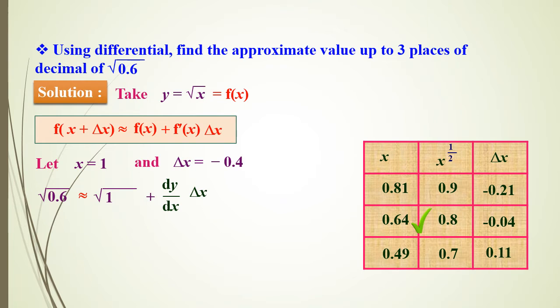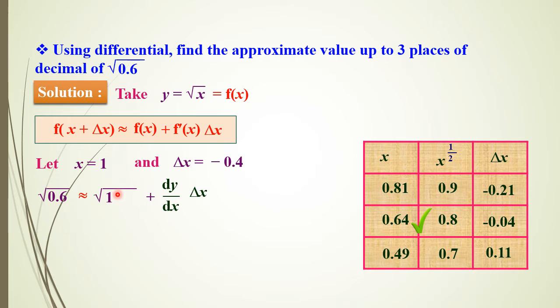When you find the approximate value of root 0.6, x must be considered as 1 and delta x must be considered as minus 0.4. Like the previous sum, where we considered x as 49 and the decimal part as delta x, if you followed the same scenario here, x value is 0 and delta x value is 0.6. After substituting, the result will be an undetermined form. Root 0 is 0, and some number divided by 0 is again undetermined.